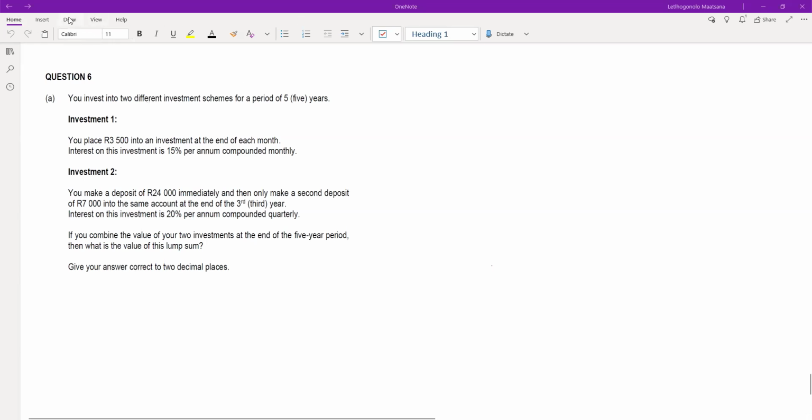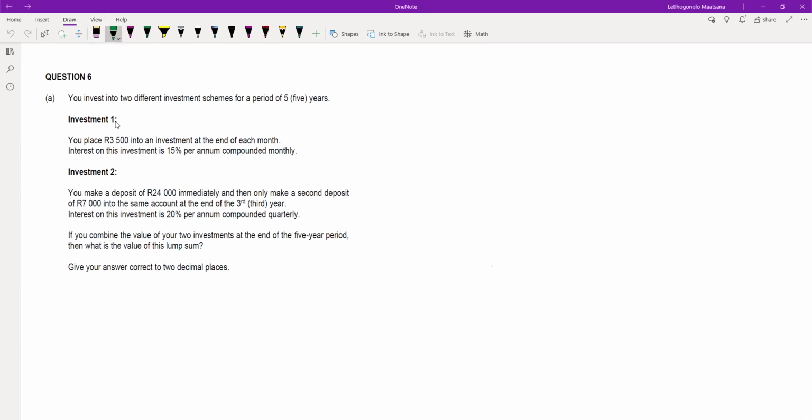So first we're going to calculate investment number 1 by using our future value equation. That reads F is equal to X multiplied by (1 plus I) to the power of N minus 1, over I. Okay, in this case,